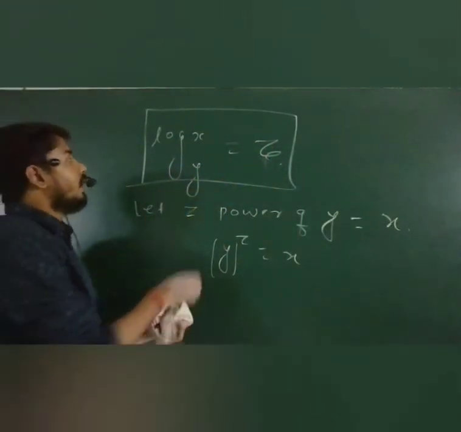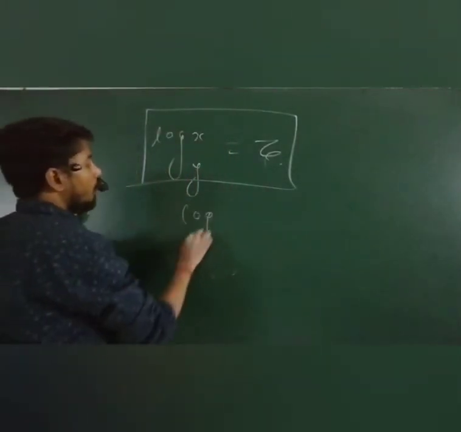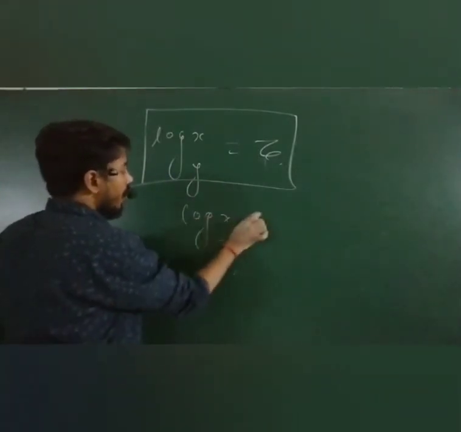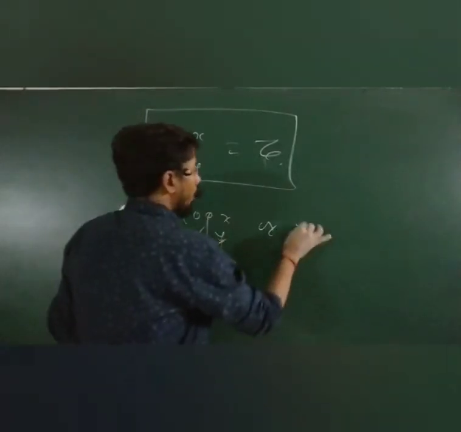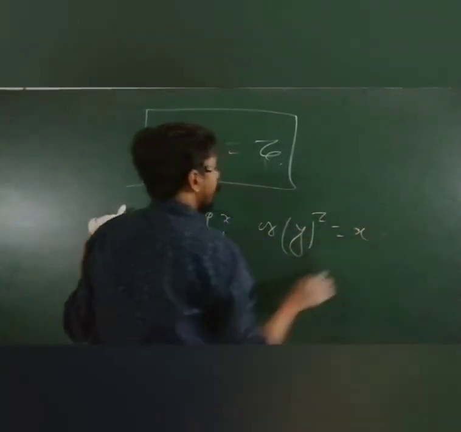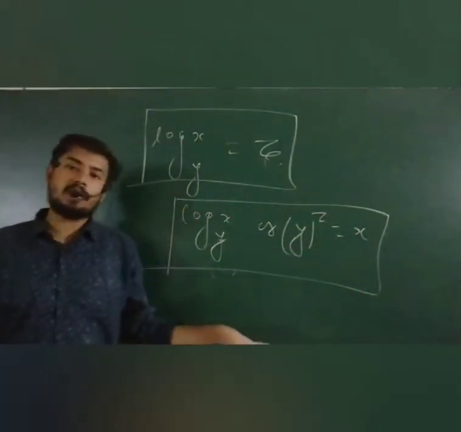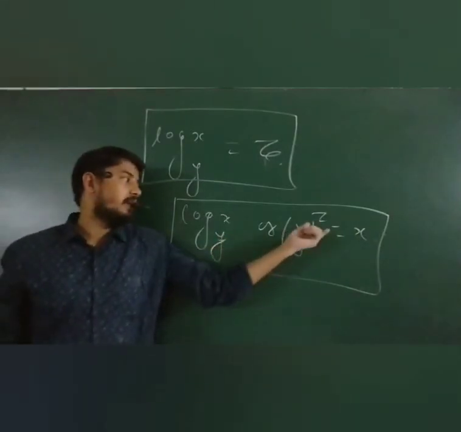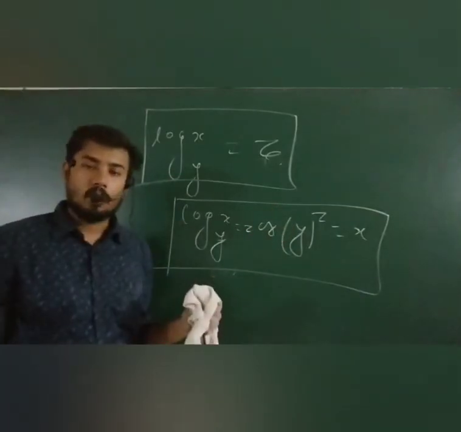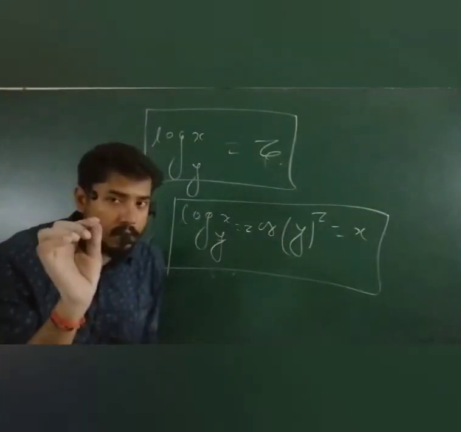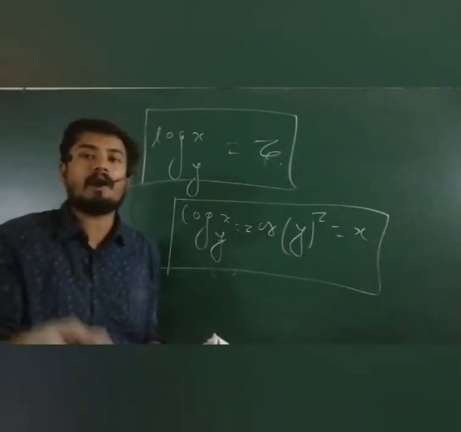Simply we can say, just see here, log x y, or the same thing I can write as y power z is equal to x. Both are the same representation. Someone represents it like that and someone will represent it like that. Both are the same. This is equal to z. Getting my points? Okay. So always you have to search what power of our base makes it equal to the argument. That power will be the value of log.